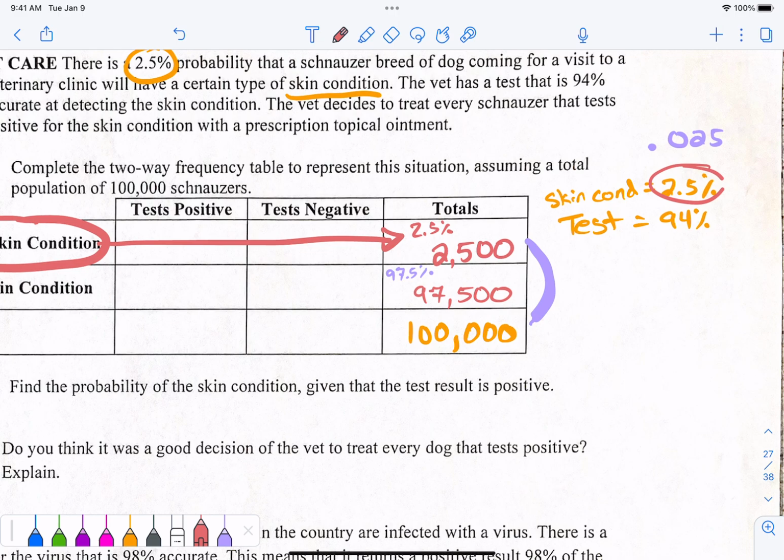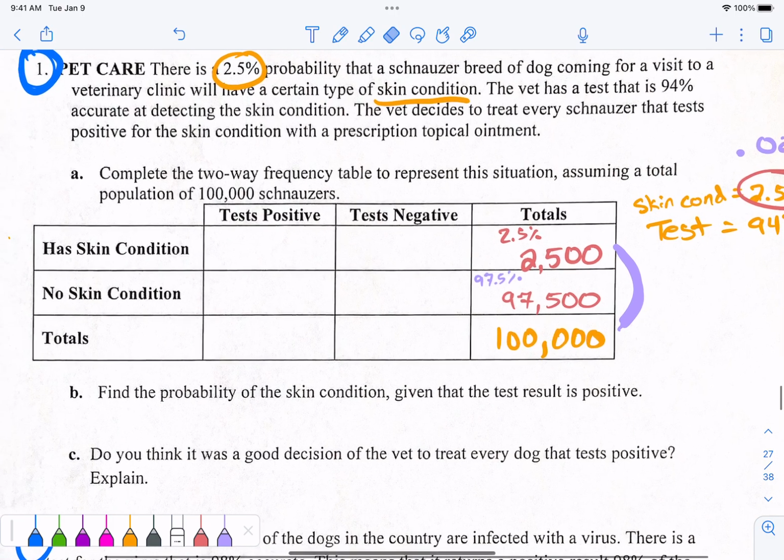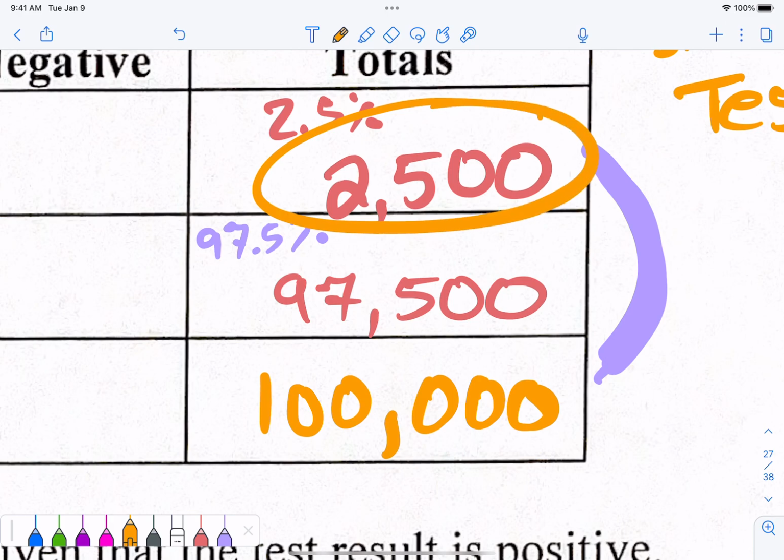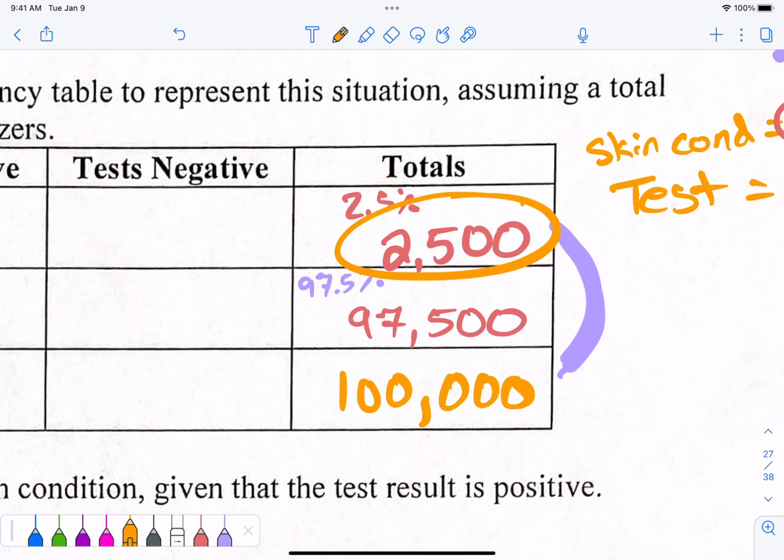97,500, okay? So the vast majority of dogs don't have this skin condition. Only a few do, right? 2,500. All right, now we're going to look at the test. So we have two different categories of dogs. Either they have it or they don't have it, right? And of these 2,500 dogs that are infected with this certain skin condition,